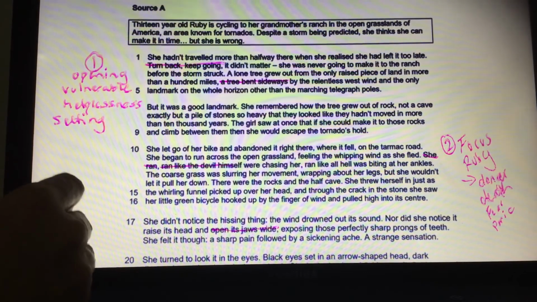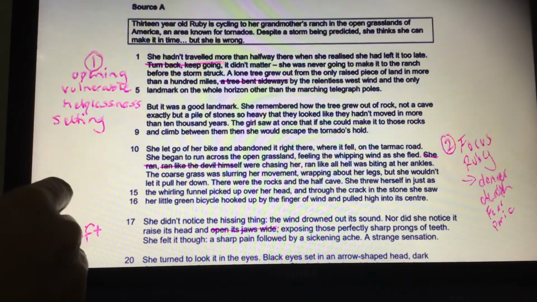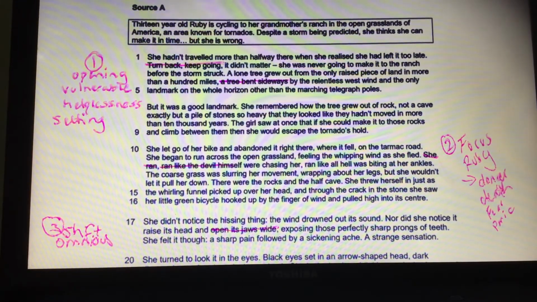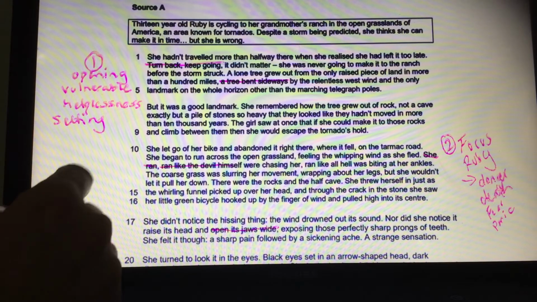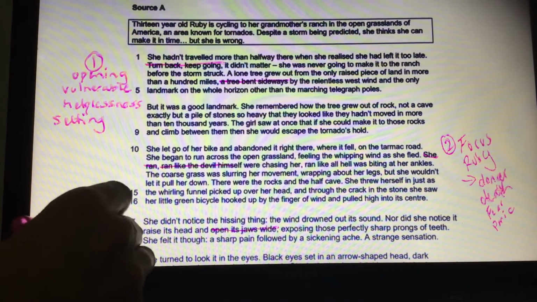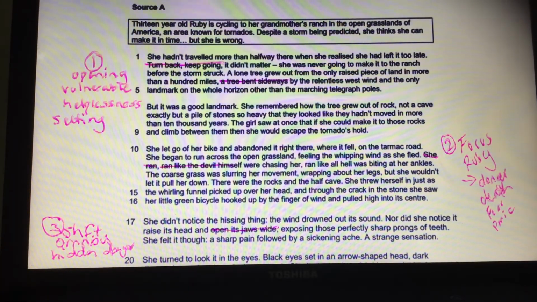And I'm going to put the idea of it being a shift. This sense of it being ominous. Sort of an unknown, a hidden danger. So I'm going to put the use of a hidden danger as well. Okay, so I would go through the rest of the text and I would finish off doing that. I would make sure that I've numbered them so I know exactly where I'm going. So up to 5 key points.